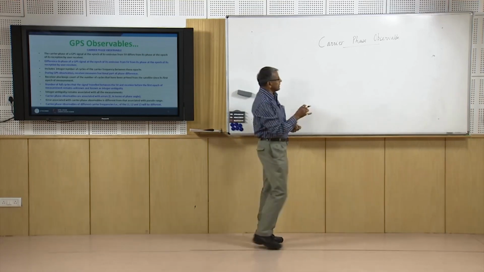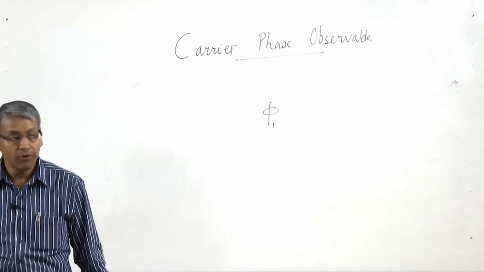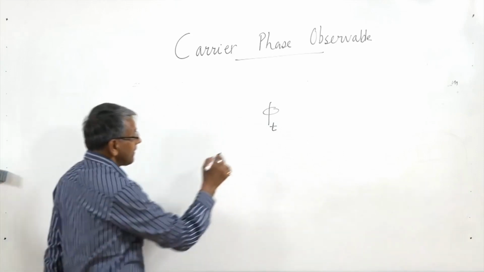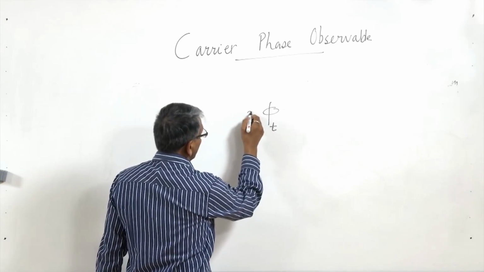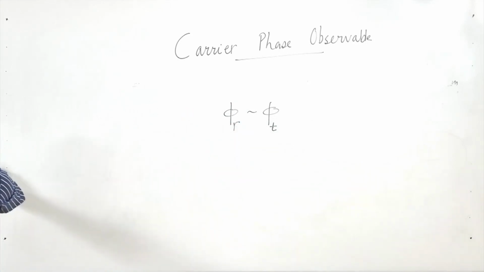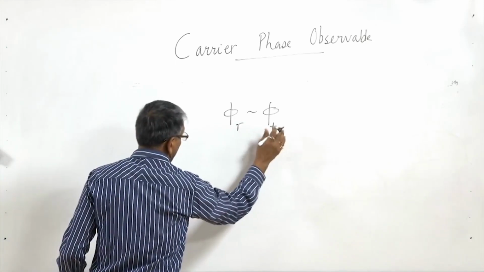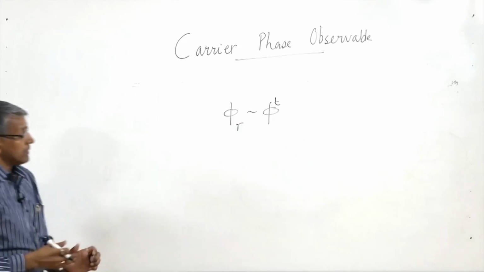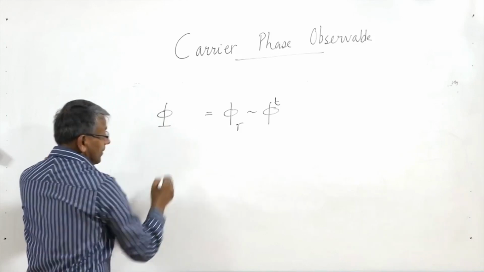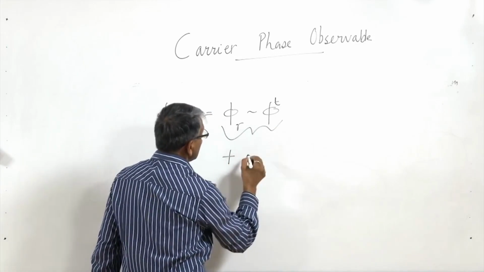So we find that there is a phase at the time of transmission, say phi t, and there is a phase at the time of reception. The difference between these two is the carrier phase, but this also includes plus the number of full cycles